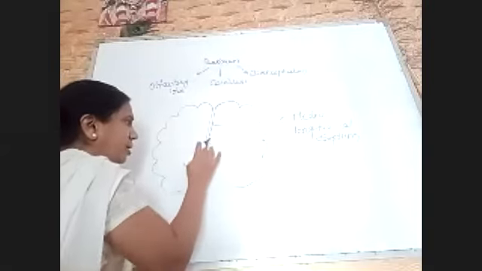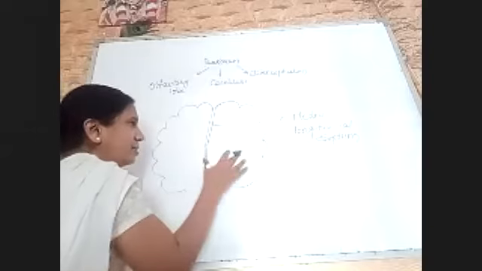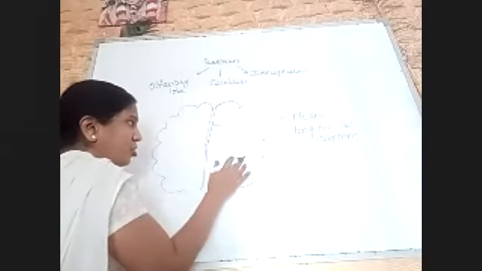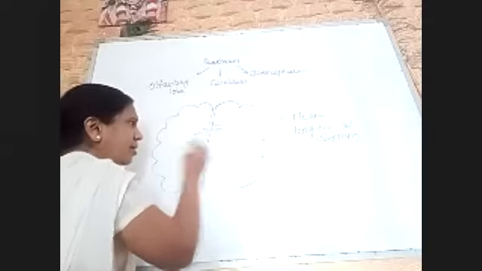But actually, there are no two brains. They are not totally separated from each other. They are still connected with each other. Some horizontal